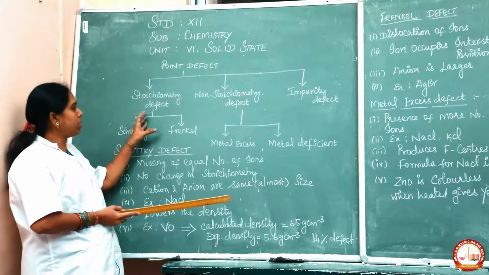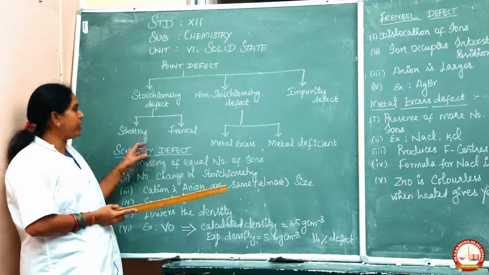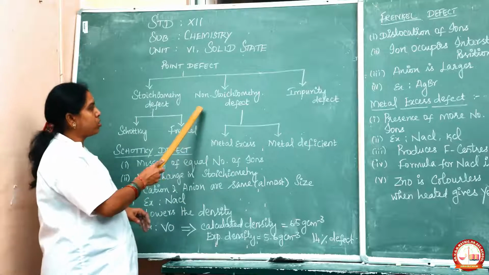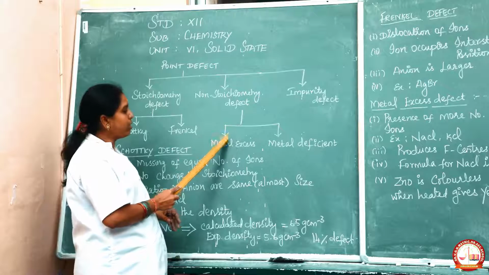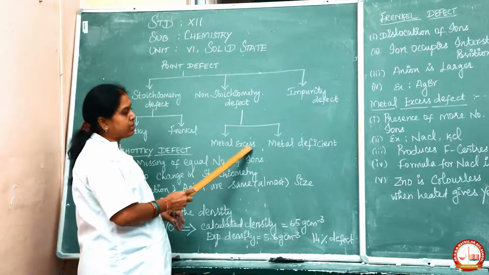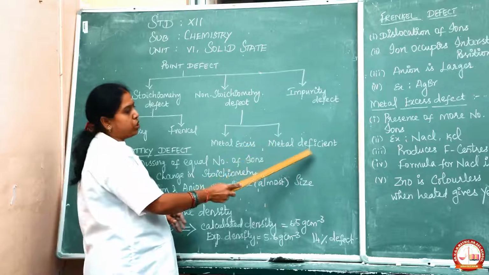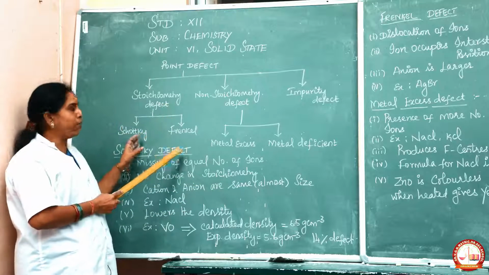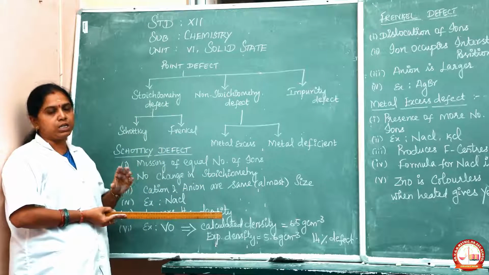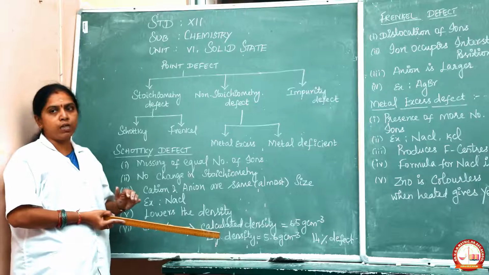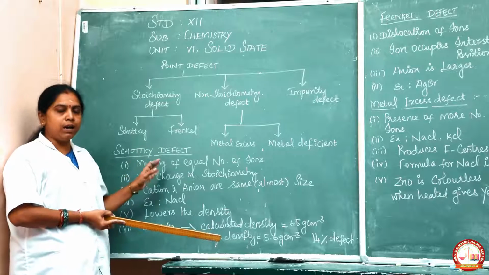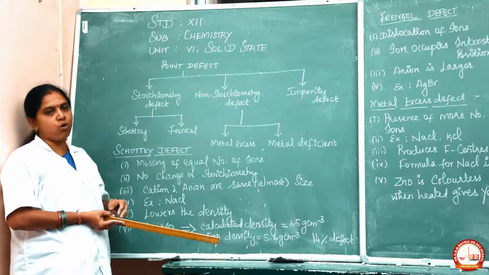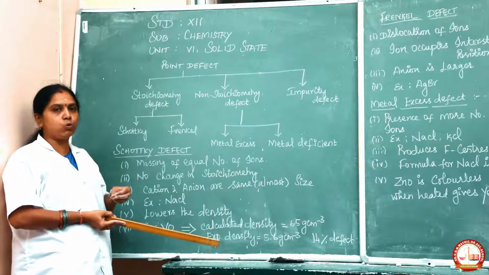So this stoichiometric defect is further classified into Schottky defect and Frenkel defect, and non-stoichiometric defect can be further classified into metal excess defect and metal deficient defect. Now coming to the stoichiometric defect. Stoichiometry is nothing but the balancing of the ions. In this case, the defect can arise due to the missing of ions or due to dislocation